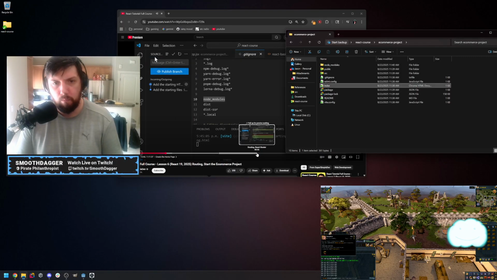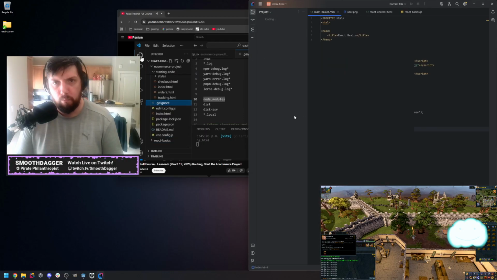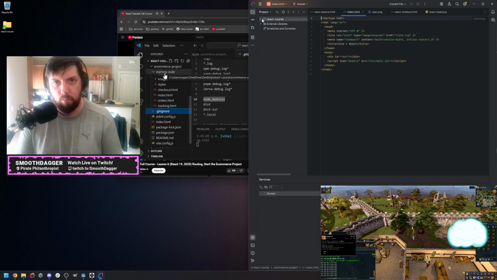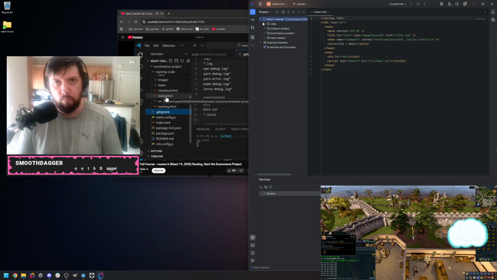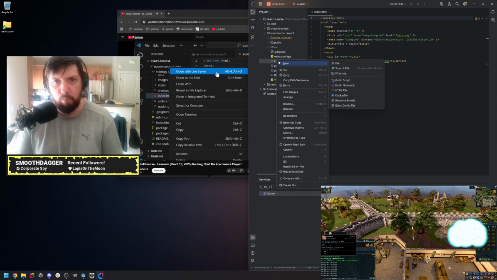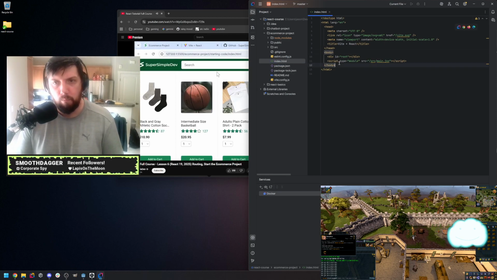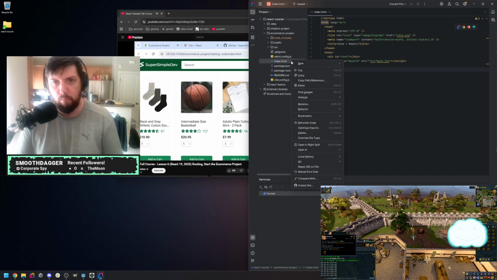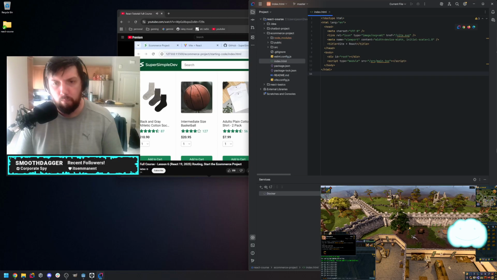Let's go back to our files, and we're going to go to the starting code and look for index.html. And we're going to right click this file, and we're going to open with Live Server. And you'll see we have all the HTML and CSS for this project. So now we're going to create this using React. We'll start by creating